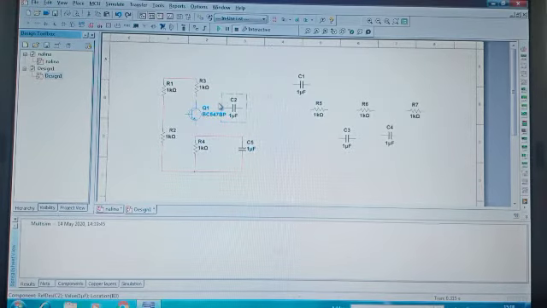Now we'll form the phase shift network, that is the ladder network, which consists of capacitors and resistors.